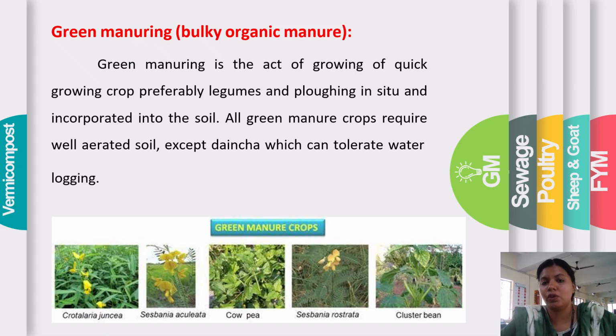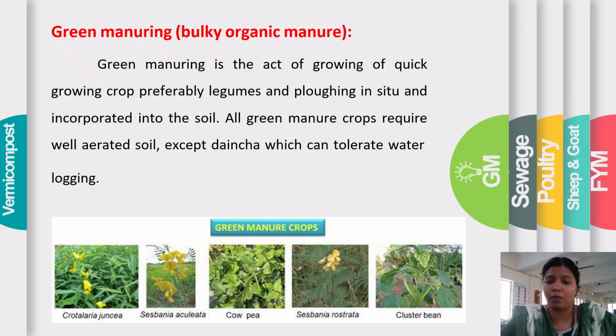They produce root nodules for atmospheric nitrogen fixation. So once we incorporate these crops in the field, these root nodules will release nitrogen to the next sown crop plants. So in green manuring, what we do is we grow any leguminous quick growing crops